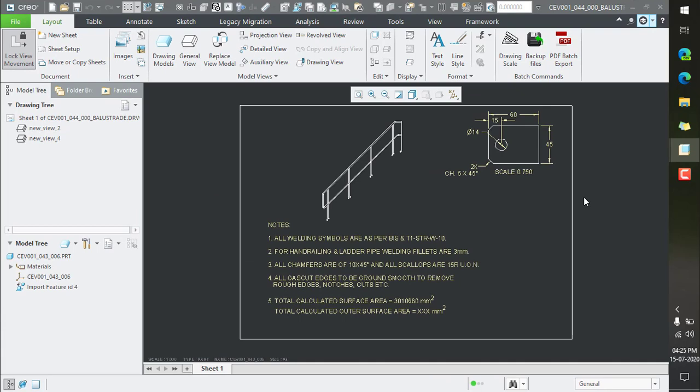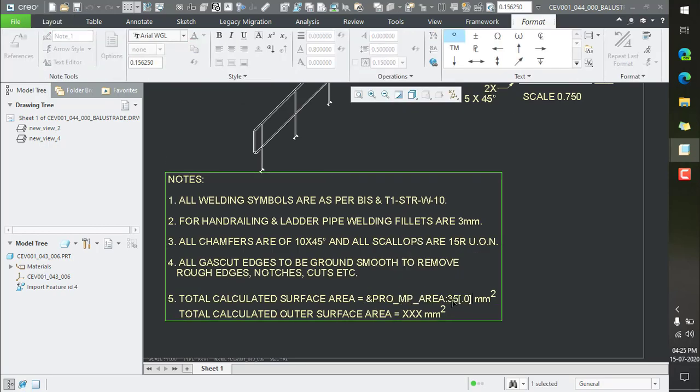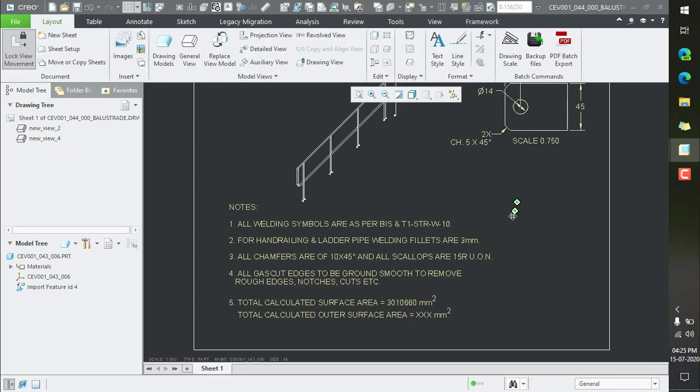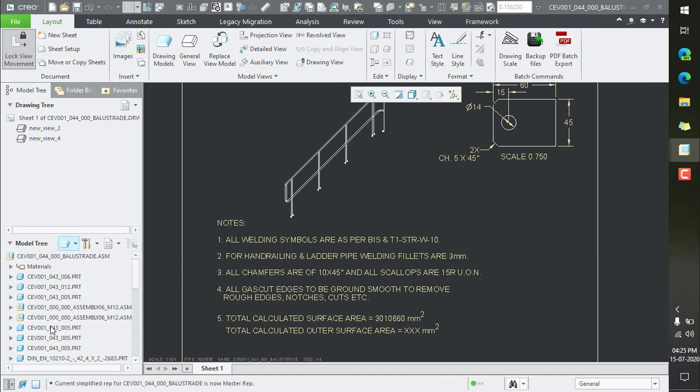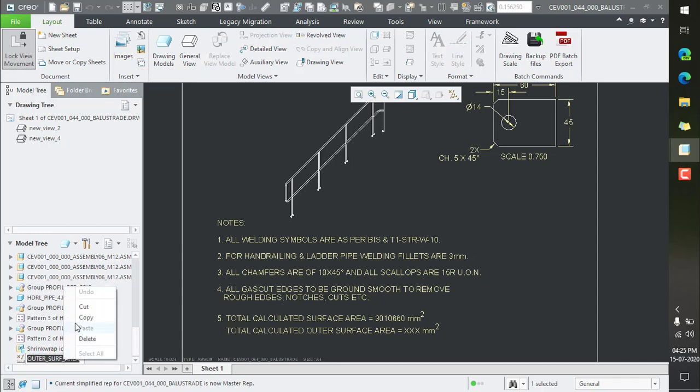You may not get the desired result if you are using multiple model views in the drawing, and maybe the model tree is set active to a different model. So I have copied the feature name in the assembly to make this process foolproof. I will suggest you copy the measure feature name in the drawing so that you set the model tree active for the designated assembly model beforehand.